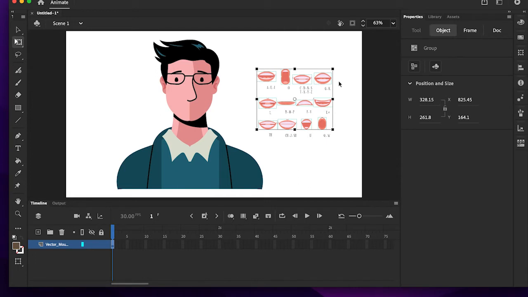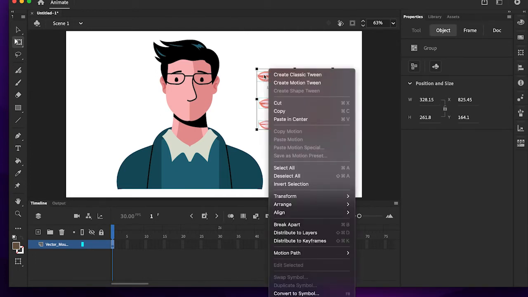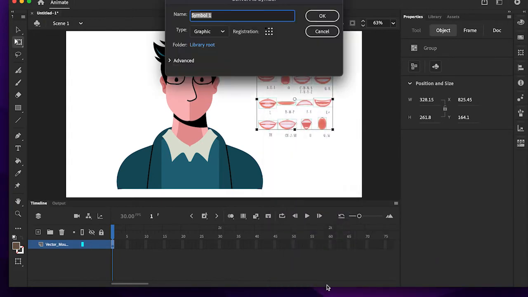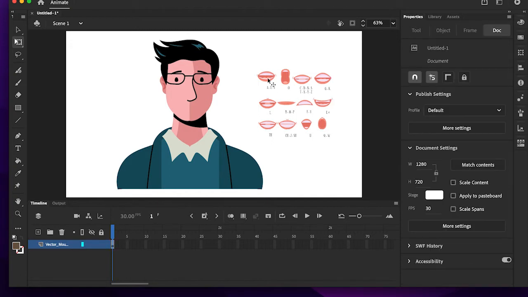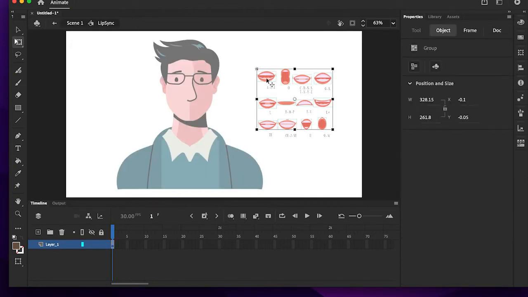Okay, so now we are going to right click and convert to symbol. And the type of symbol we want is a graphic. So that's the only thing there. And we'll give it a name, I suppose, as well. Lip sync. Convert to symbol. Graphic. Okay. Cool. So now we're going to double click on this mouth group, and that's going to open up